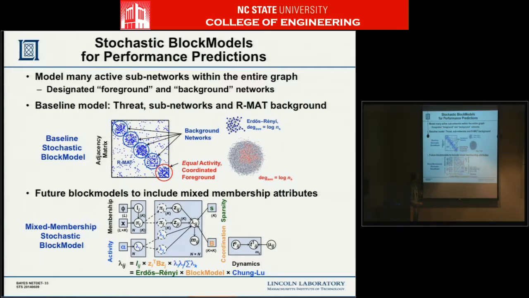And then Chung Lu, this gets into the degree distribution of the graph. A common term is the Kevin Bacon 7 degrees of separation, which Erdős-Renyi doesn't have: all of us are connected within 7 hops to anyone else on the planet. Erdős-Renyi doesn't have this, but networks, especially involving people, seem to have this kind of property. So you want to have this property.